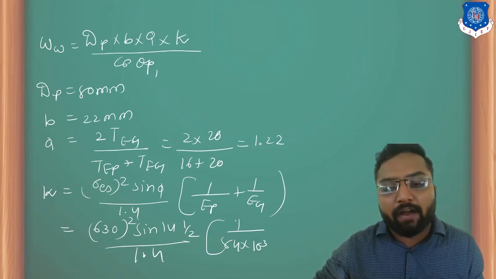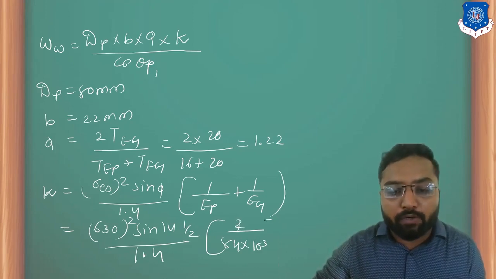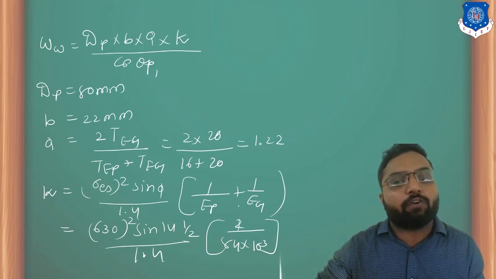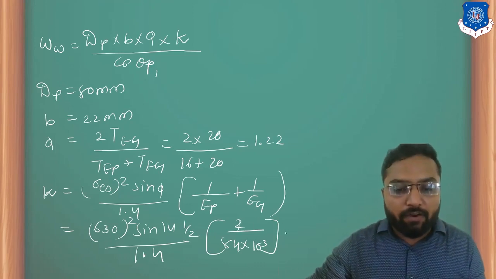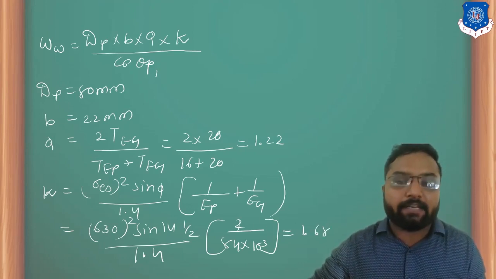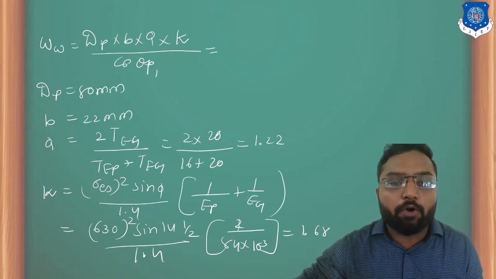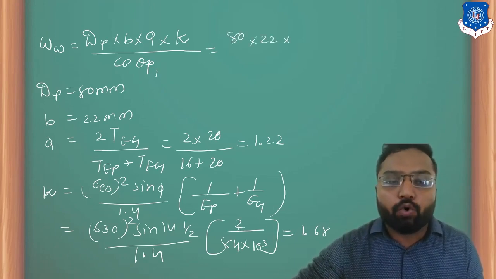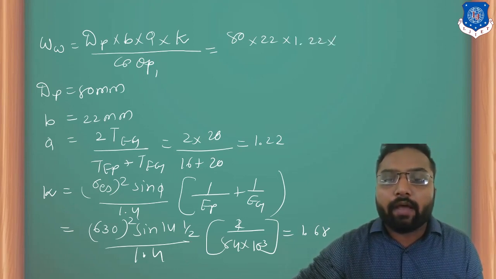This is 1 divided by those 2, because it is going to be the same for the same material. So the value for K is going to be 1.68. Now put all the values into this W: 80 into 22 into Q 1.22 and 1.68 divided by